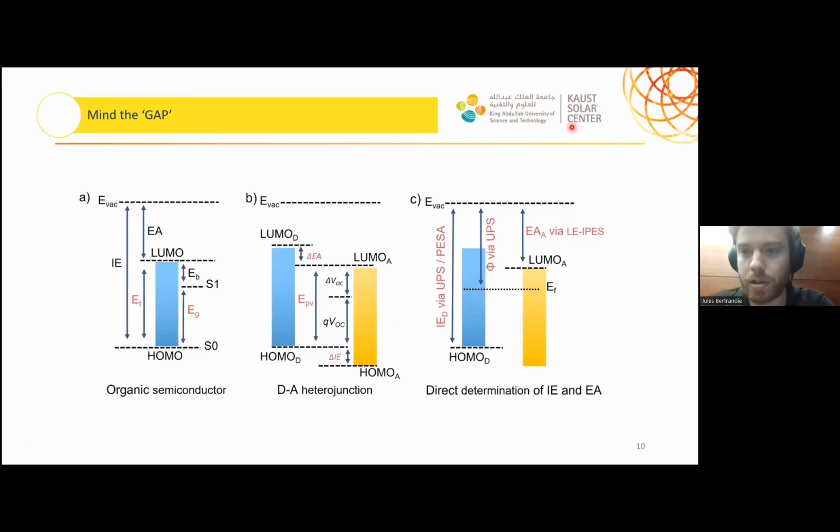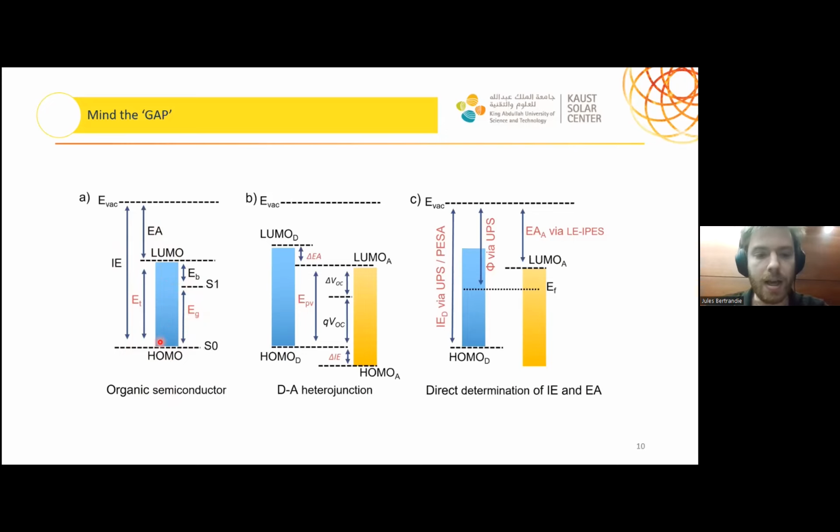So before continuing, I just want to give some definitions that maybe I already talked about. We have the ionization energy that we measure with the UPS, the electron affinity that we measure with the low energy IPES. We have the LUMO and HOMO, which are the lowest unoccupied molecular orbital and the highest occupied molecular orbital of our material, the transport gap, which is the difference between the LUMO and the HOMO, the band gap that we measured, which is an optical band gap,